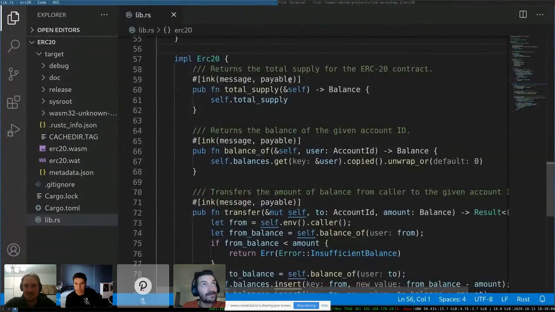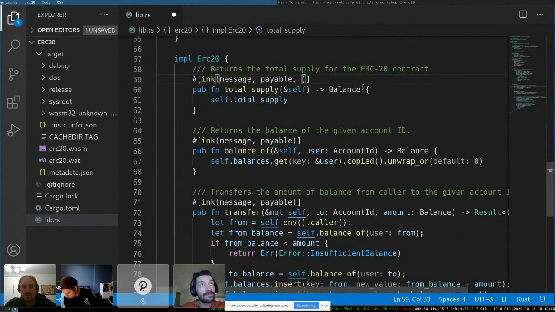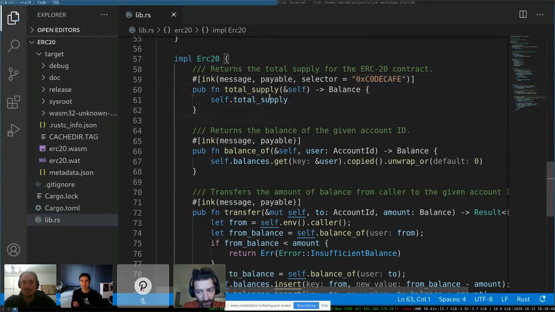So let me demonstrate yet another cool feature of new Ink. I was already telling you about selectors of functions and constructors. And you can control these selectors directly via this selector attribute. So you can simply say selector equals and then some code hash that equals 4 bytes. So always 2 digits is 1 byte as usual. And it has to be prefixed by a 0x to make it visually pleasing that this is a hex representation. And if we, for example, generate the metadata now again,